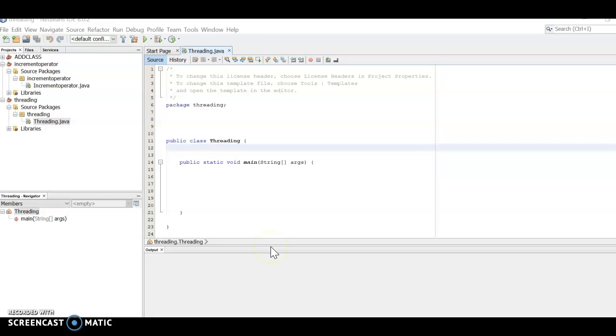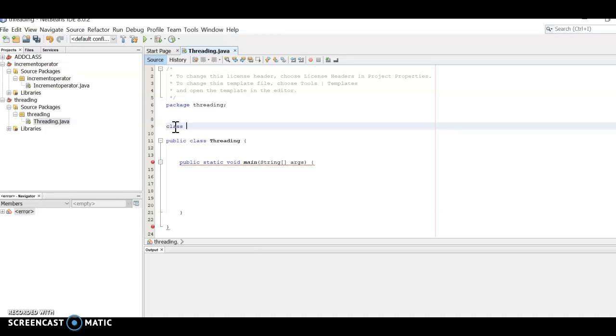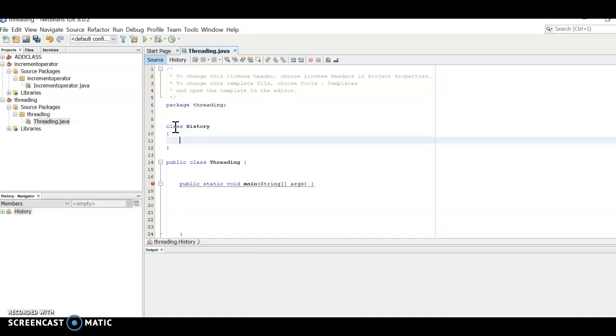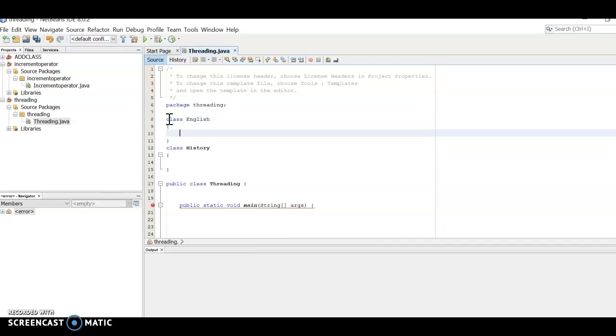So, today we will be looking into multi-threading and we're going to see how you can execute it parallelly using the multi-threading method. So first thing that we want to do is we want to come up with a class. So we're going to call the class history. We're going to close the bracket, and then we're going to come up with another class which is called English. I'm going to close. And so let's start with public